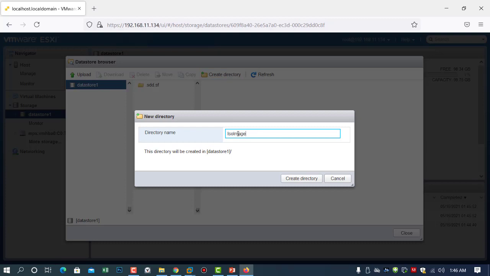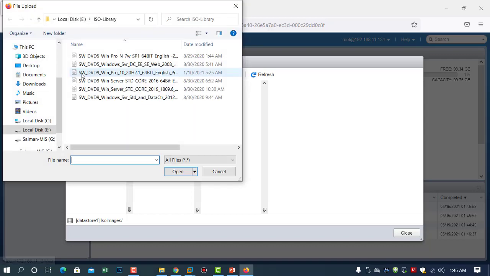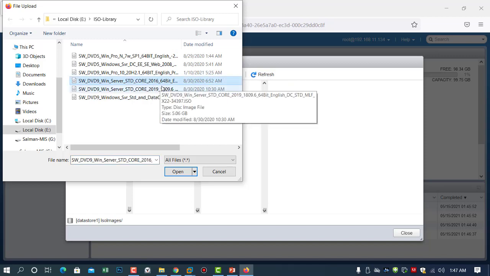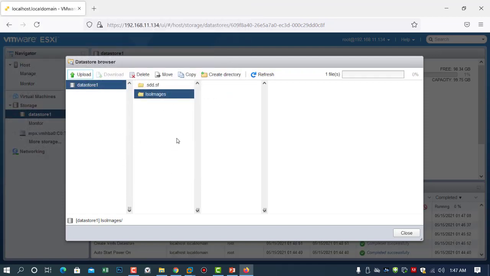ISO images. Basically I create this directory because I put all my operating system ISO images here. So I click this, and now I click on upload. Now I will browse my computer for my installation file. As you can see, I have Windows 7, Windows 10, Windows 2016. So I select Windows 2016 server and click open, and